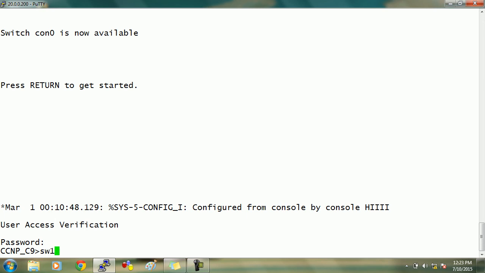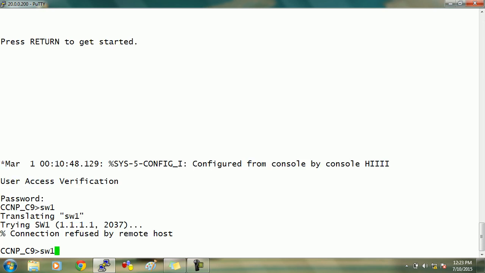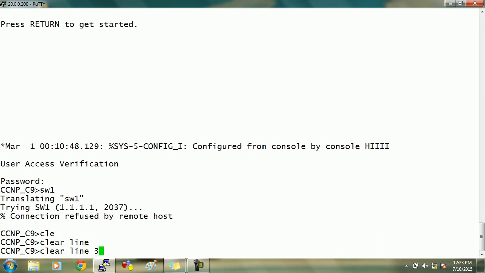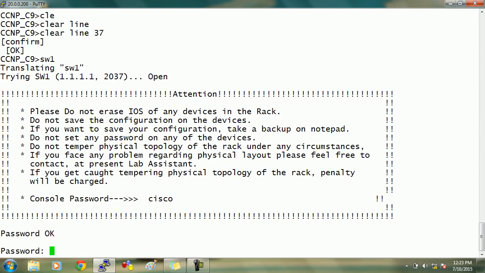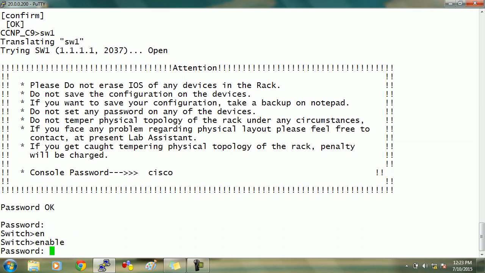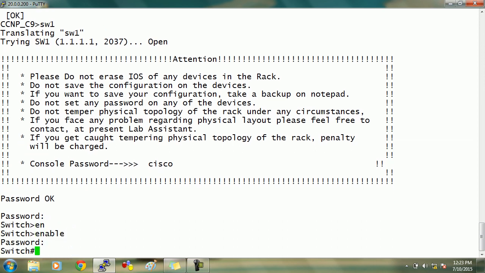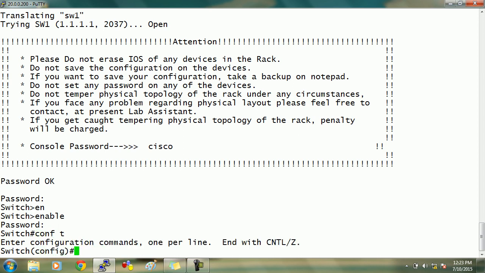Switch. This is something I am doing on the access server. This is not your concern. Password. Console password. Console password is done. Enable. Any problem? Now, whenever you put a password on a real device, it's your responsibility